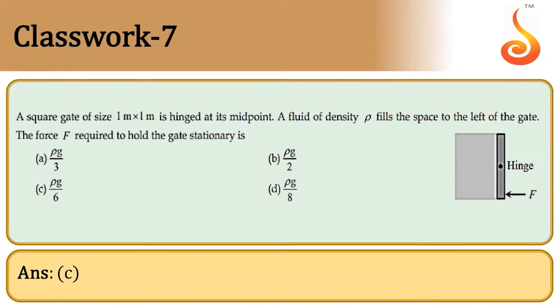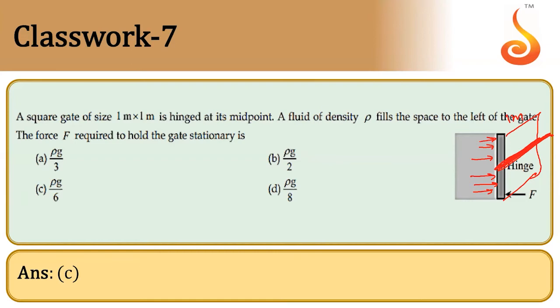This also I covered. Torque exerted by liquid on the vertical wall I covered, right? But there we calculated torque about the bottom. Here the midpoint is hinged. The middle line is hinged. Whatever liquid we have above that middle line will produce clockwise torque, and whatever we have below that middle line will produce anti-clockwise torque. This is 1 meter and this is also 1 meter. They gave a 1 into 1 rectangular dam, a rectangular vertical wall.